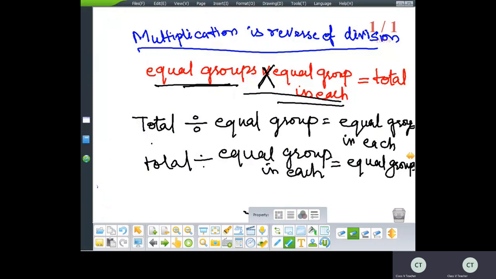The next one is split and multiply. For the bigger number, let us split and multiply. How will you do it? Day before yesterday, in the previous session, I told you that multiplication is repeated addition, and I showed you some examples where you multiply 2 digit with 2 digit, 3 digit with 2 digit and 3 digit with 1 digit. We have gone through these examples and done the problems. So now let us try how you will split and multiply.